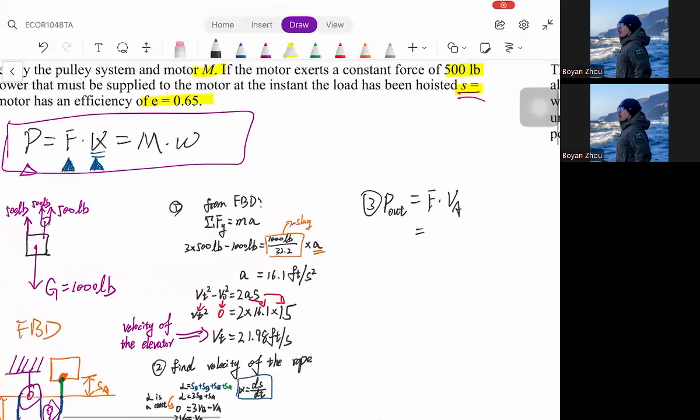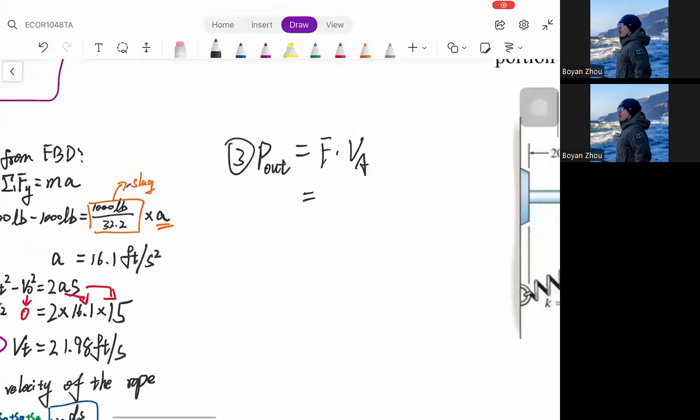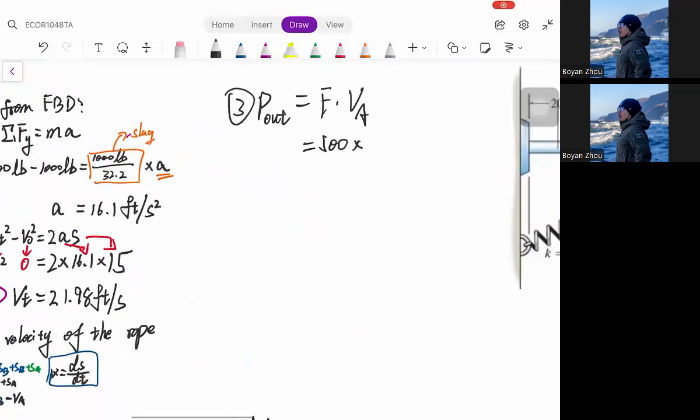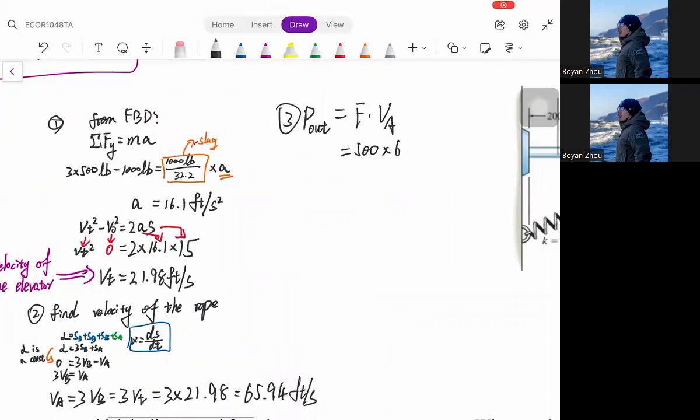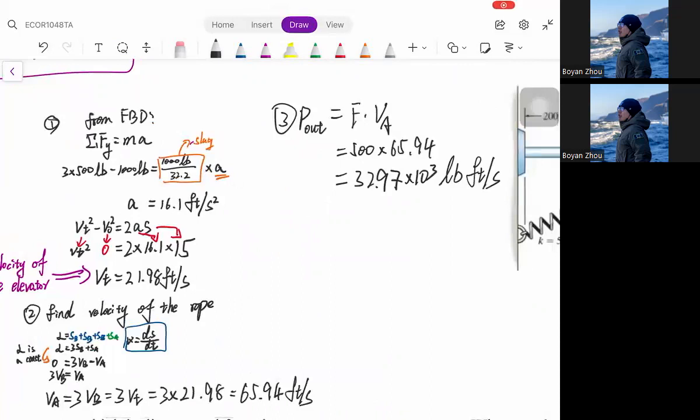So which is 500 times velocity, we just got 65.94, and the result will be 32.97 times 10 to the third pound-feet per second. So here's the output power, but